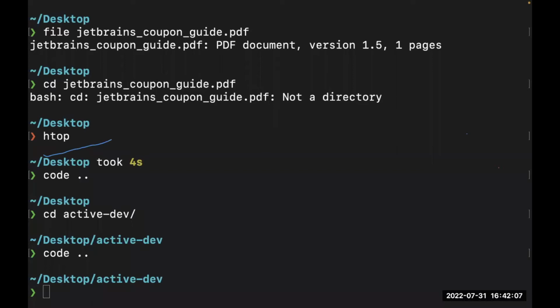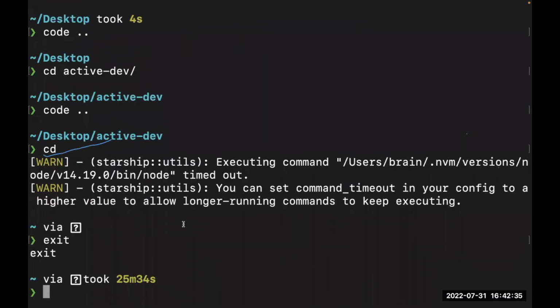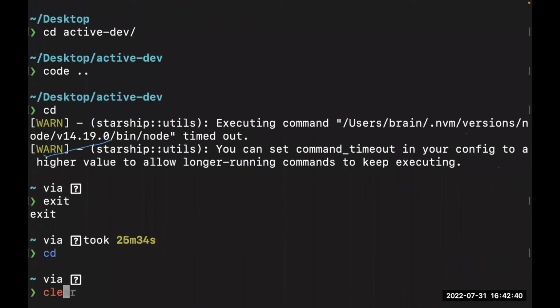So the locate command is used to locate files. Basically, this command would not probably work well on your Windows machine or maybe even on a Mac, right? Because the locate command has a database attached to it, and the idea is that when you update it regularly, it's able to keep track of the location of those files. So let's see. I'm back to the root. So let's go back to our desktop. Okay, and I'm going to clear this.